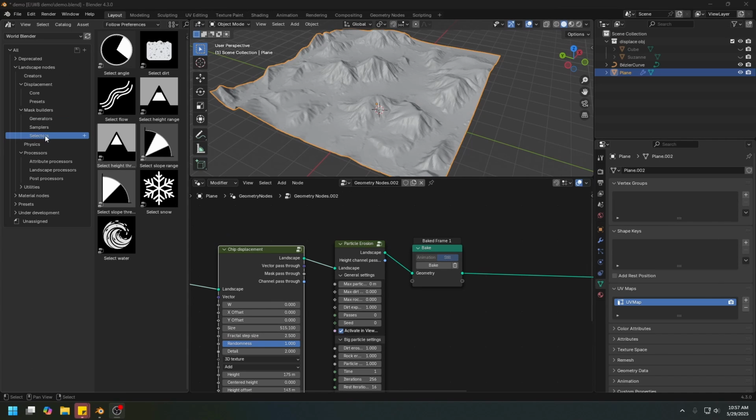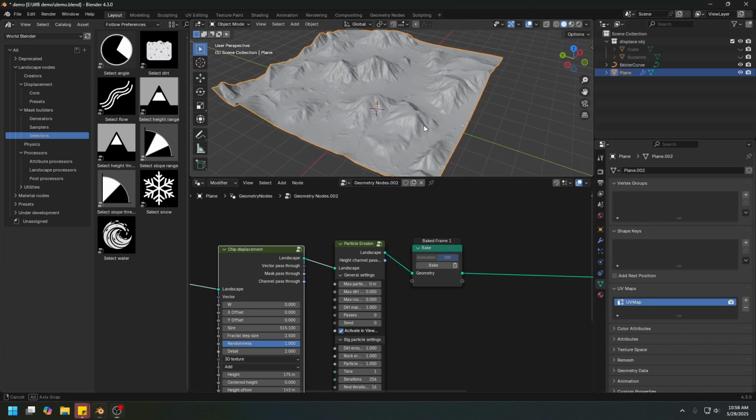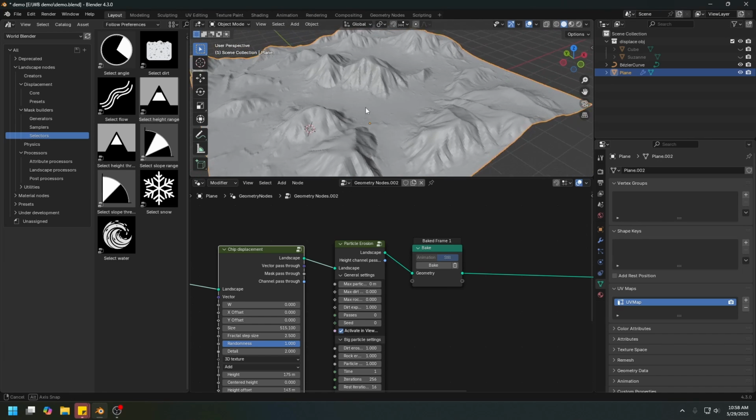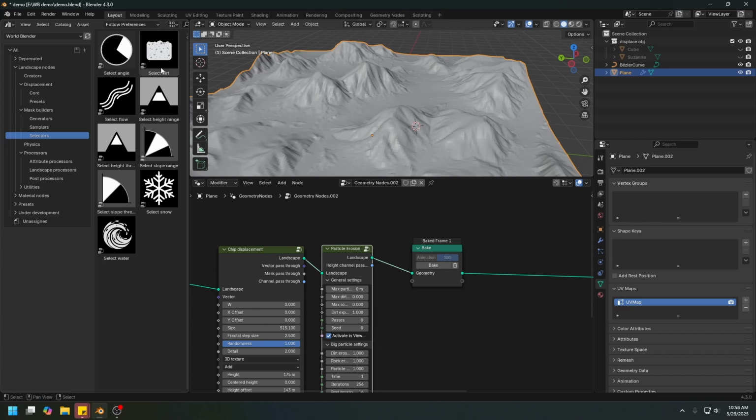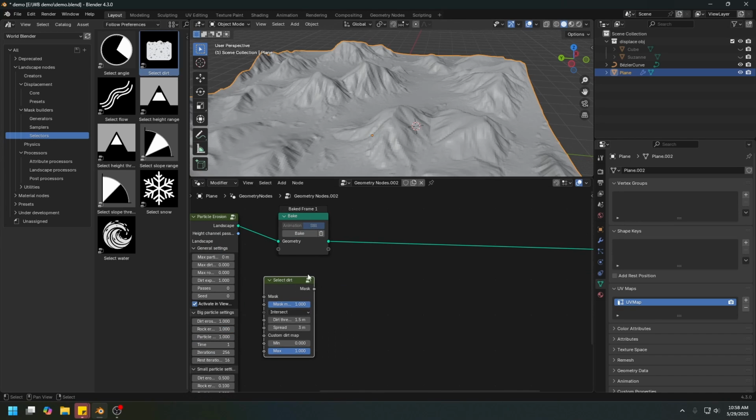And next up we have the selectors. These selectors will select a certain part of the landscape and turn that selection into a mask. For example, this is a landscape that has been eroded using the particle erosion. And I can use the select dirt mask to select certain part of the landscape based on the amount of